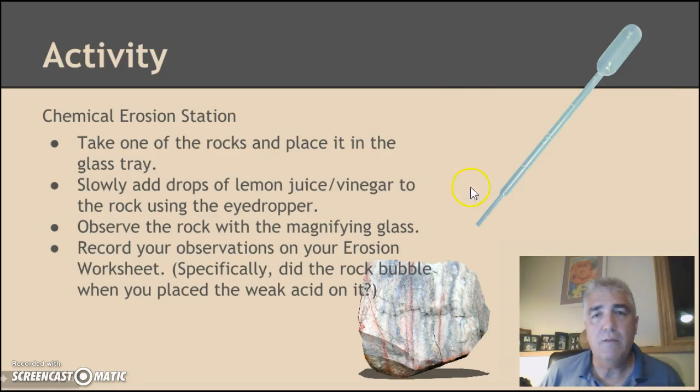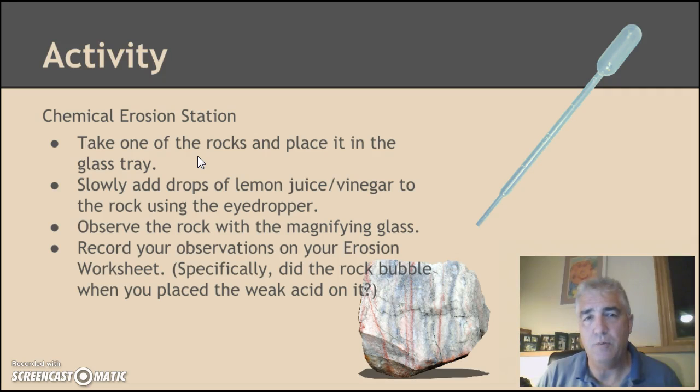Now, in our activity, we're going to test different types of rocks to see which may and which may not be more suitable for chemical erosion or chemical weathering. So we've got several rocks that you're going to be looking at. You're going to take one of the rocks and place it in a glass tray or a plastic petri dish, and then you'll slowly add some drops of lemon juice or vinegar to the rock using a pipette or an eyedropper. We'll probably have vinegar, just so you know,